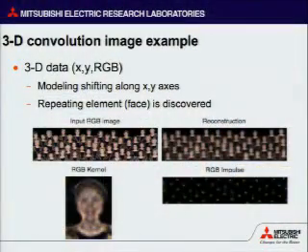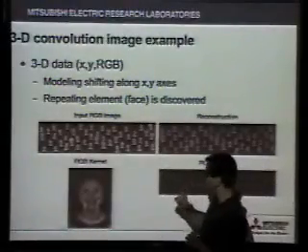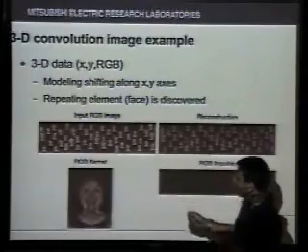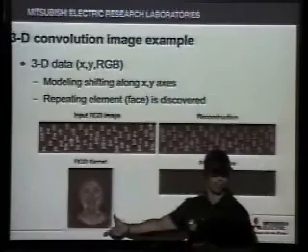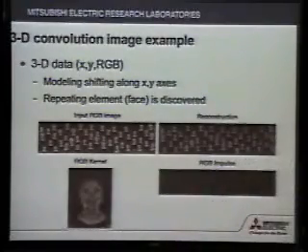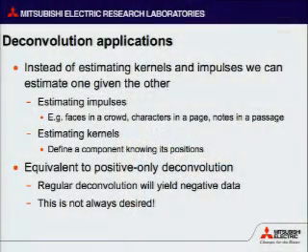We can talk about 3D convolution. You can have x, y, and then have an extra dimension, which is going to be your RGB, and start shifting things there as well. So this is the original input, a bunch of heads. If we did the analysis and looked for one component, then it actually ends up being a nice color face and a very spooky reconstruction of that. And then we get lots of energy where each face was located. So you can actually apply this to all sorts of dimensionalities, and it's usually fine.